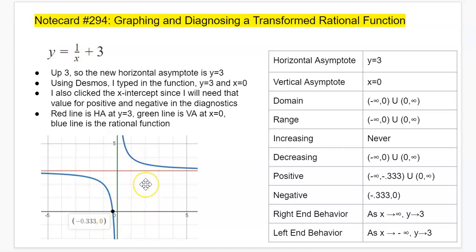And there you go. That's the screenshot of what I got in Desmos. The red line is that horizontal asymptote at y equals 3. The green line is the vertical asymptote at x equals 0. And the blue line is the actual rational function. And you'll see that the blue line doesn't cross either the red or the green line. Okay? So when I fill in my diagnostics, I got my horizontal asymptote at y equals 3, my vertical asymptote